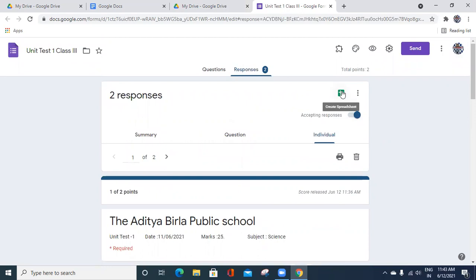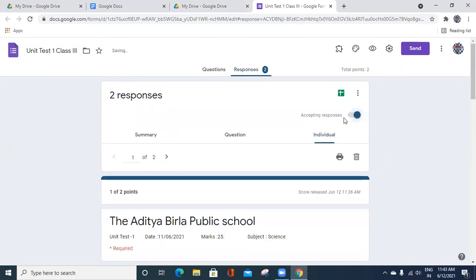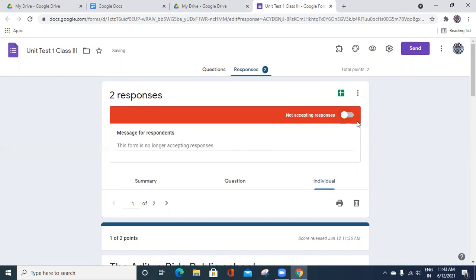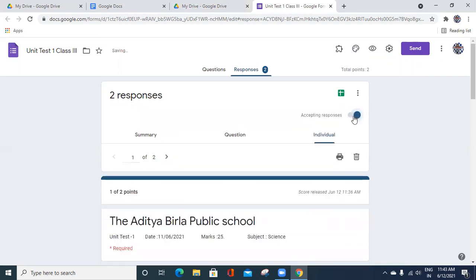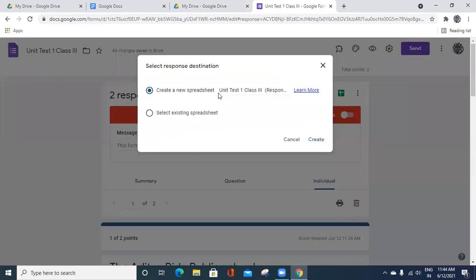So before doing that, once the test is over, this is very important: after the test is over, open this Google form. Come to responses and here accepting responses is there. The time limit given is 40, meaning after the 40 you close this one. Not accepting responses. If you want to open it, open again. This is called a toggle button. If you want to accept the form, turn it on. If you don't want to, turn it off. After the test, you have to turn it off. Okay. Then coming to where the response is, it's this one. Create spreadsheet. So they will ask create new. Yes.